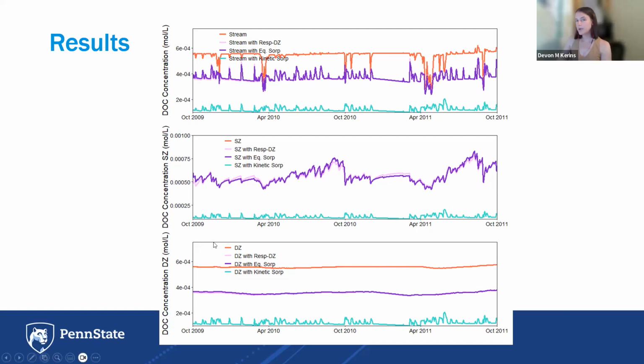In the upper zone, we have lower concentrations of DOC. And this is really representing the fact that when we have implemented this dependency on soil moisture we need to have really wet states in our catchment to release this DOC. So what's happening here is our catchment isn't actually getting wet enough to start releasing this DOC. So we actually see the produced DOC ends up being sorbed to the solid phase more and less is released